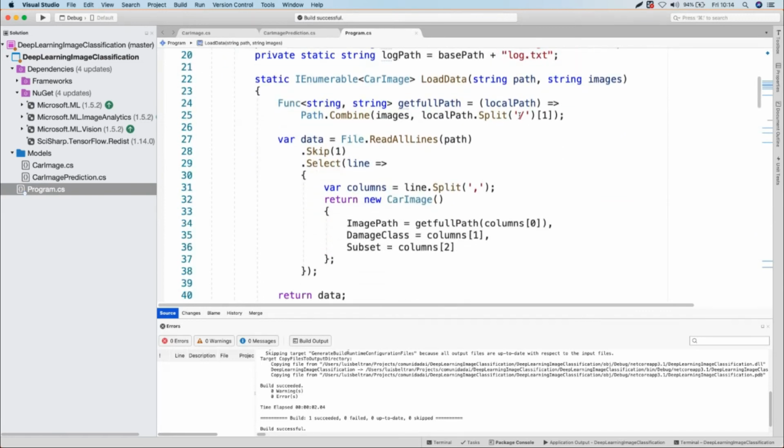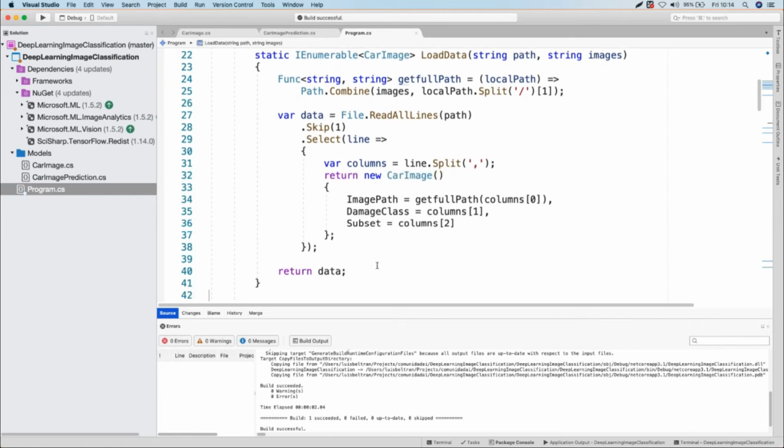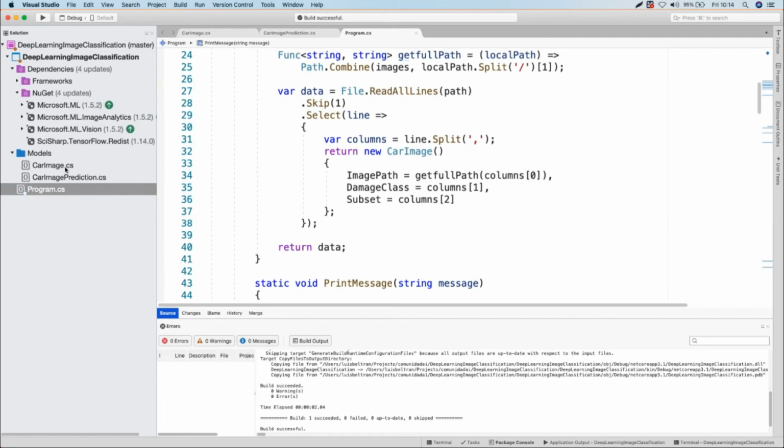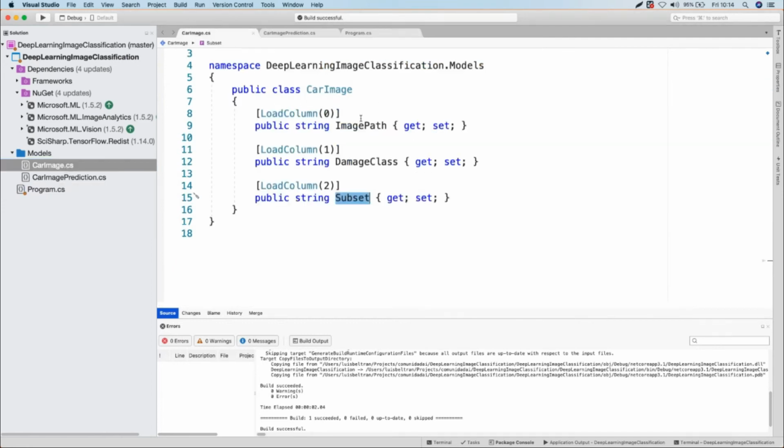Okay, so here you can see I create a load data method, which basically just reads the CSV file and creates a list of car images, which aligns to my model.